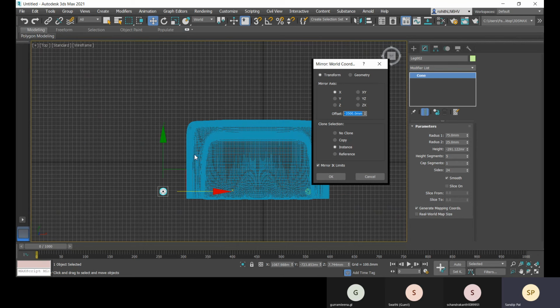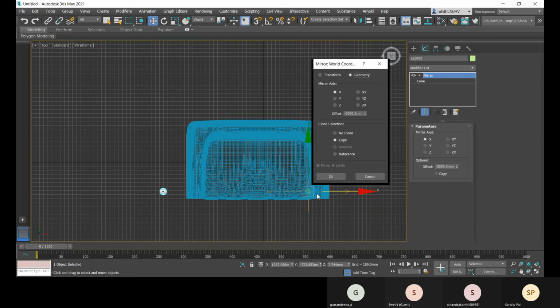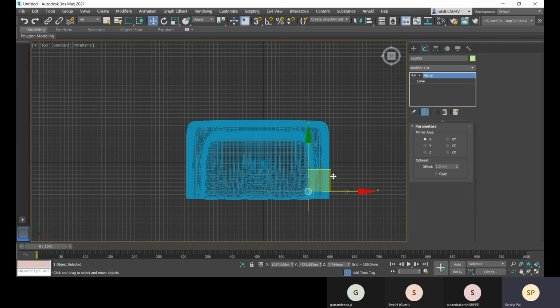Okay, that's not right because I have reduced it, I think. I'm going to give, let me go with 0. Okay, let me go with the 0 and let's click on OK.